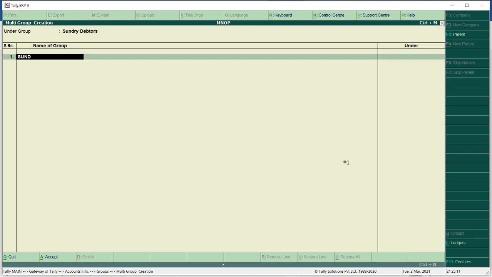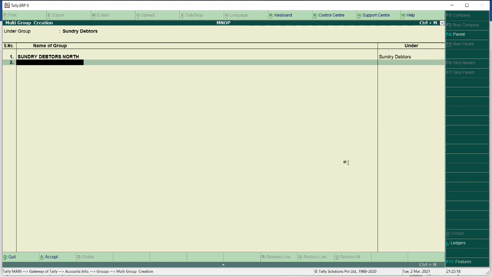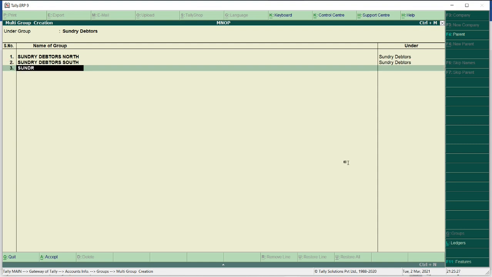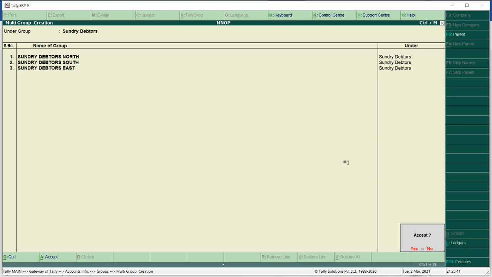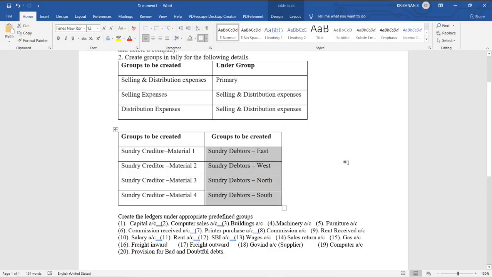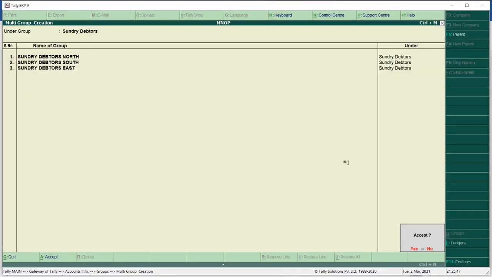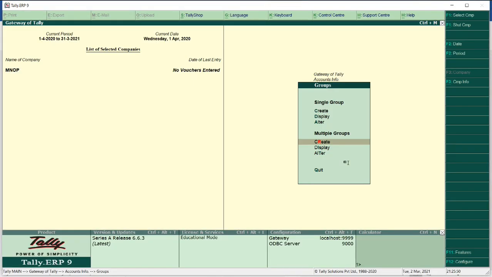Now I'm giving sundry debtors, then sundry debtors south, then click on accept. Then accept. So now we have created single groups and multiple groups.